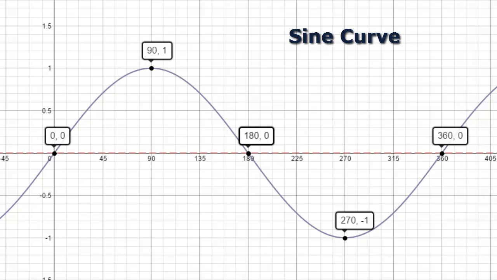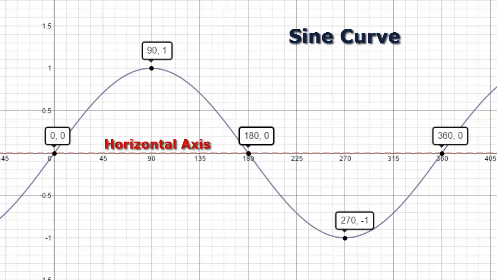We should make sure we're familiar with the look of this curve. It has key transition points every 90 degrees, starting at 0, 90, 180, 270, and 360. And notice how its cycle will start at the middle. We call that middle dotted or dashed line there the horizontal axis. It acts as the middle of our curve from the top to the bottom. If the maximum of our curve is at 1 and the minimum is at -1, the horizontal axis will go